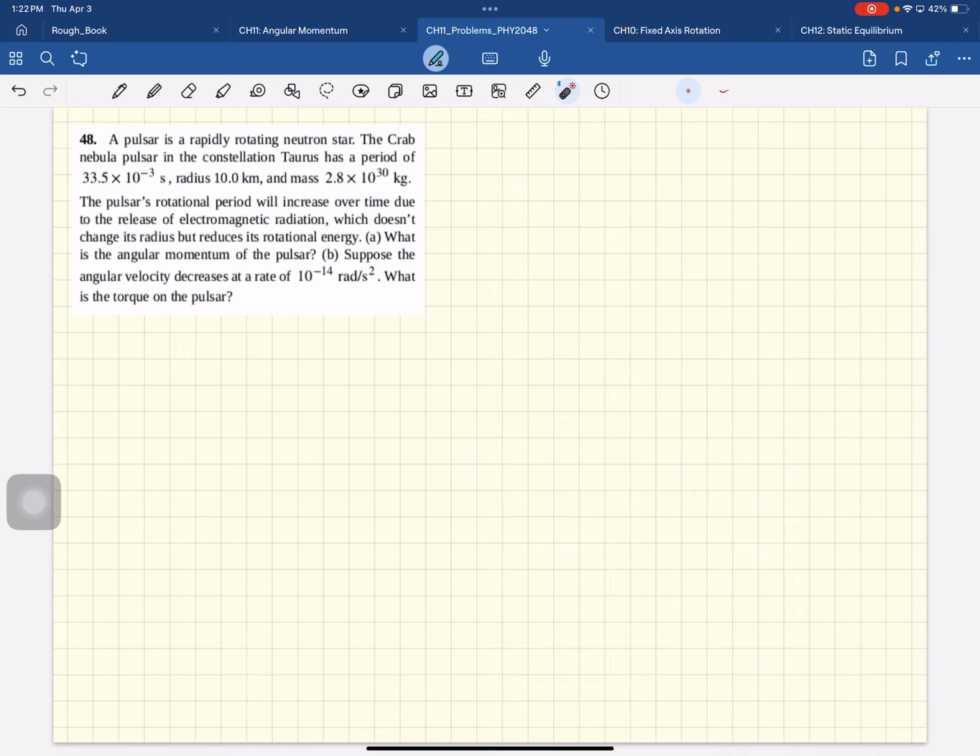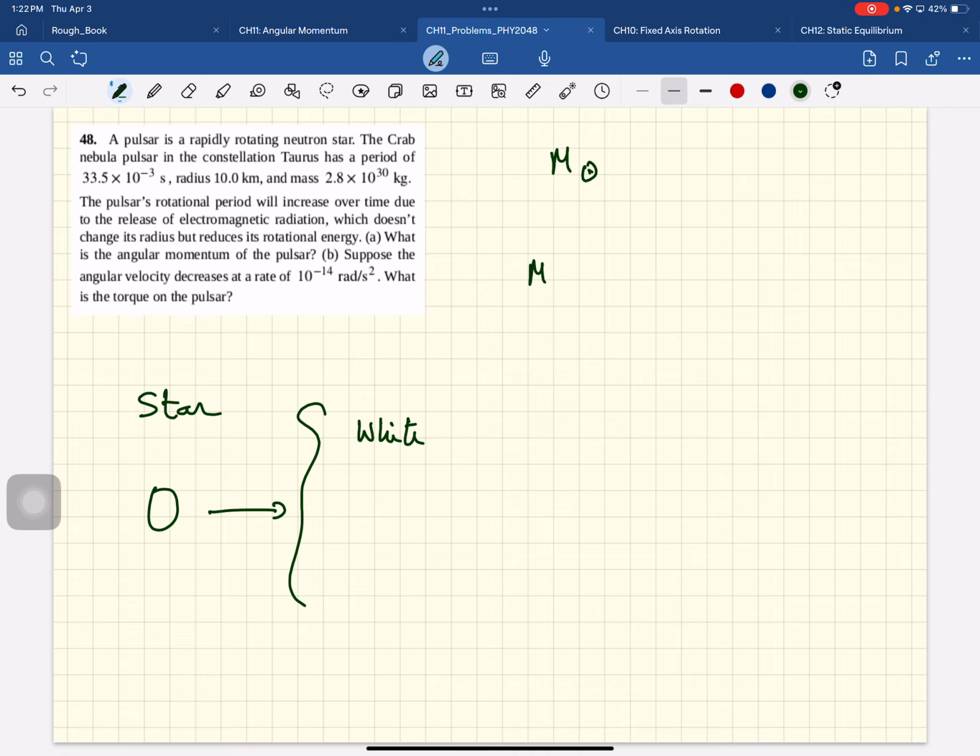This is at the end of a star's life. So here's a star. When a star dies, our sun is 5 billion years old and has another 5 billion years to live. The mass of our sun is indicated like this, solar mass. When a star dies, it can become one of three things. White dwarf, if the mass of the star is less than 1.4 the mass of our sun. It'll become a neutron star